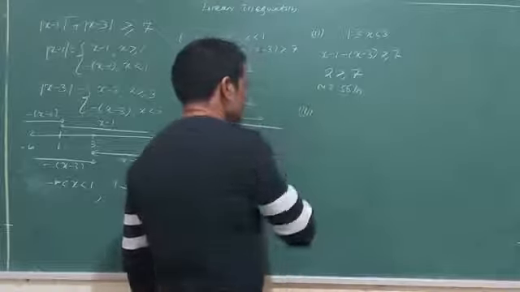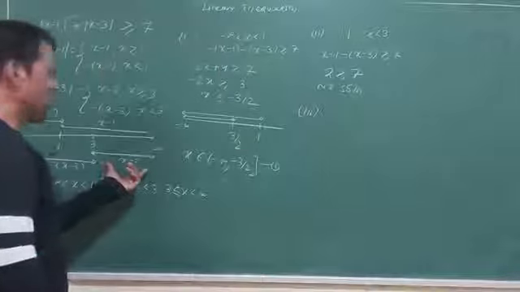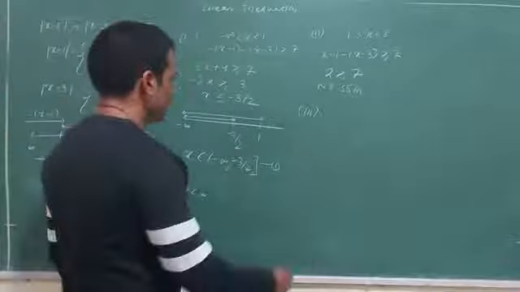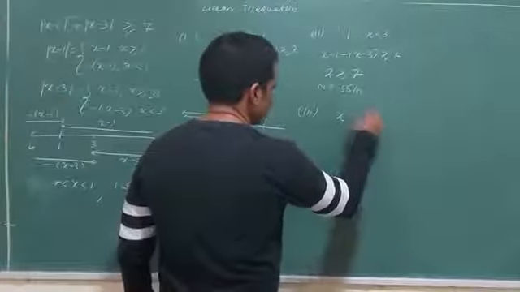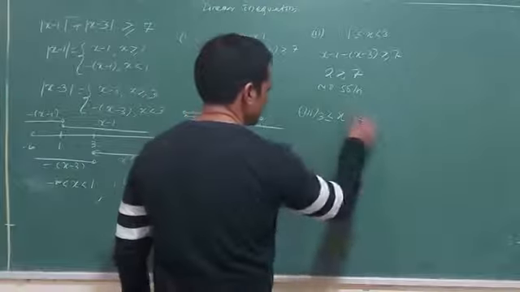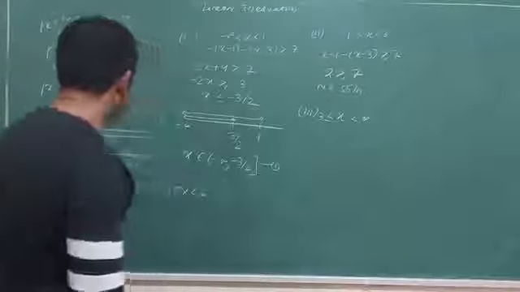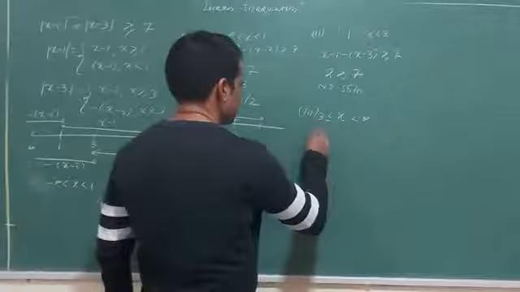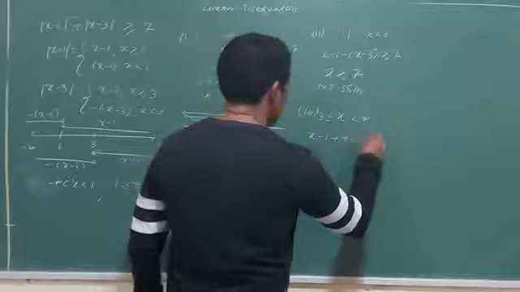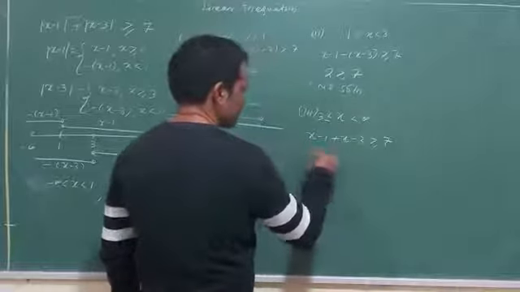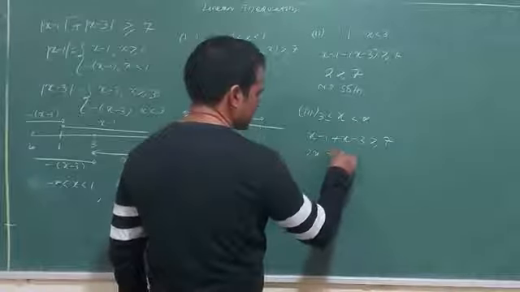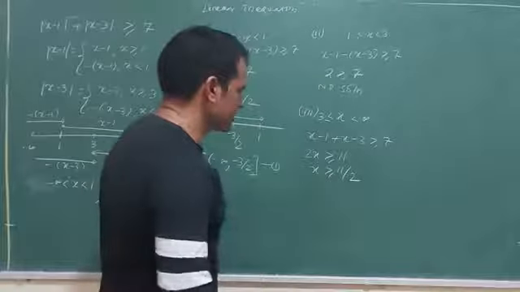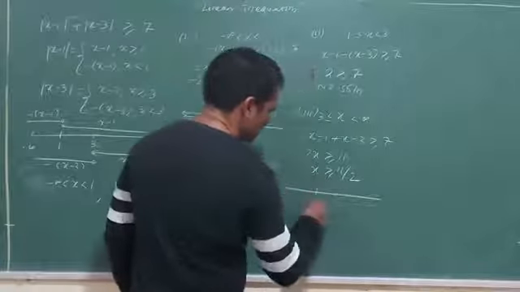Third part, I will go to this one: x is less than infinity, greater than or equal to 3. That means I am standing in this one. I have crossed the partition value 3 here, so both will be positive. x minus 1 plus x minus 3 greater than or equal to 7. So 2x minus 4, taking it to that side, greater than or equal to 11. X is greater than or equal to 11 by 2. Now let's look at the base condition. What has the base condition told you? 3 to infinity.